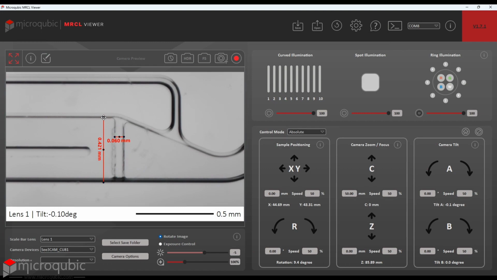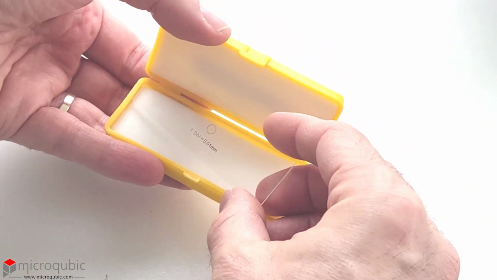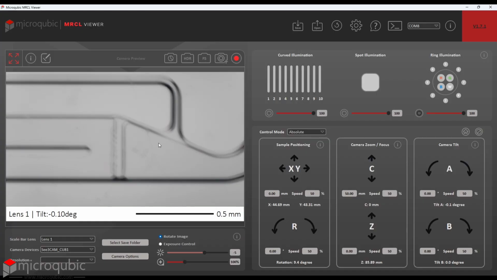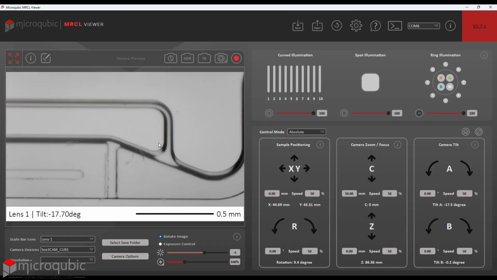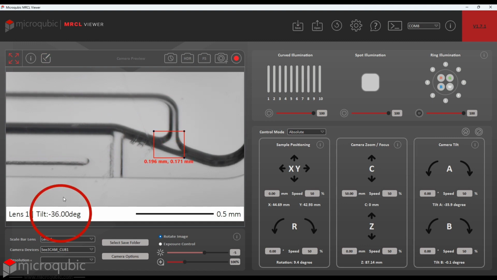But please remember to check your system's lens calibration data from time to time using the provided calibration slide. Also note that when a measurement is done during the tilting imaging, the software does not yet automatically compensate for the camera tilt. You may need to correct your measurements in post-processing, especially when you measure the depth or height